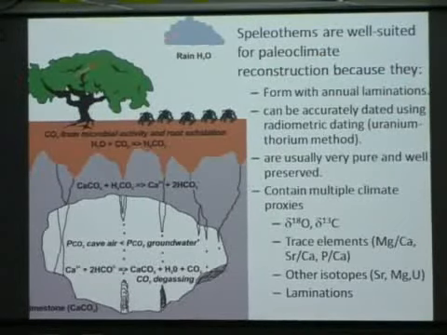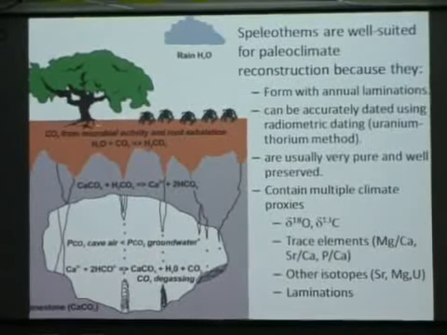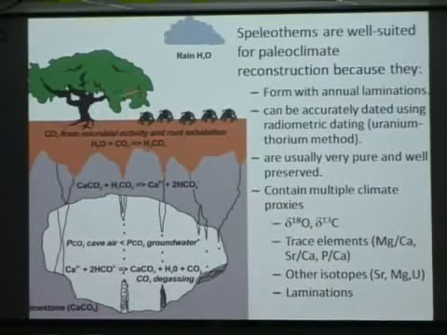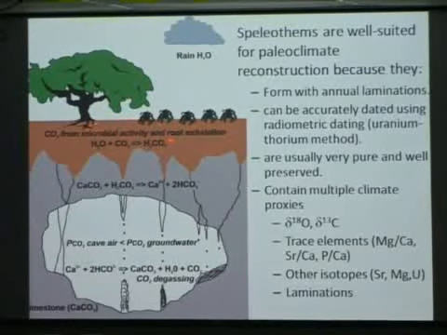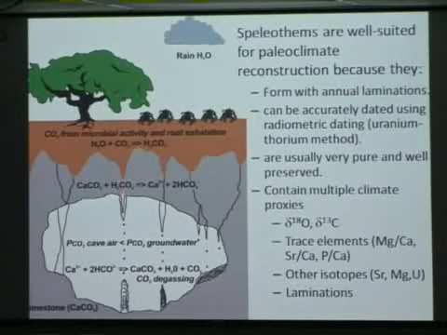And speleothems, as you can see if you focus over here on the left, are formed as rain falling hits the soil where it encounters elevated CO2 pressure. You're probably mostly familiar with that. And this creates a weak carbonic acid, which then infiltrates through a limestone or dolomite bedrock, dissolves calcium carbonate, and becomes supersaturated with calcium carbonate.